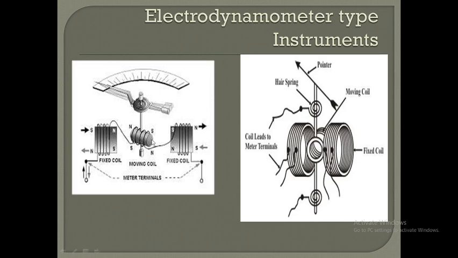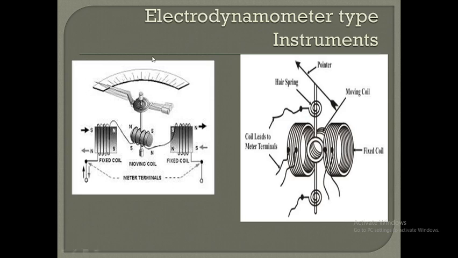When the field coils and the movable coil are all connected in series, you know that in series we have only one common current flowing through the elements. So IF is equal to IM is equal to I. In that case your TD is directly proportional to I square.